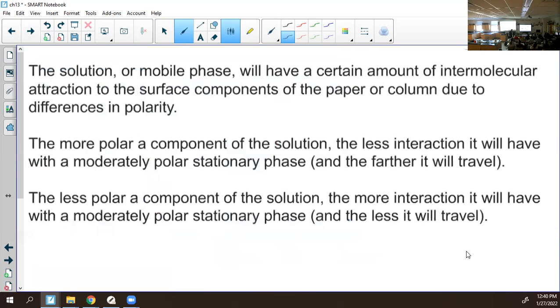All right. The solution or mobile phase will have a certain amount of intermolecular attractions to the surface components. Thank you,